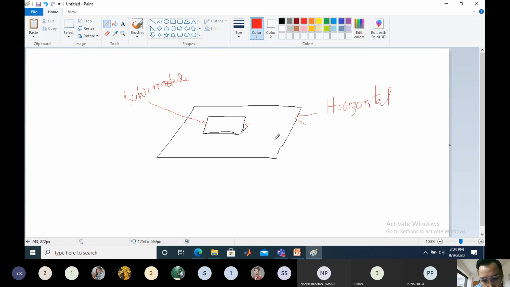Now, the solar module is tilted with a certain angle with respect to the horizontal surface. Have a look here, right? So let's say this is somewhat like beta. Let's name it as beta. Fine. Now this solar module,